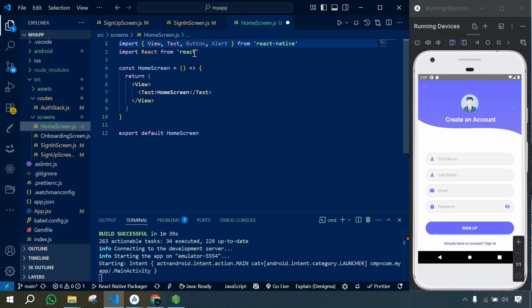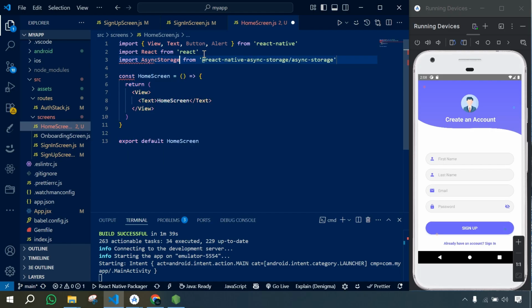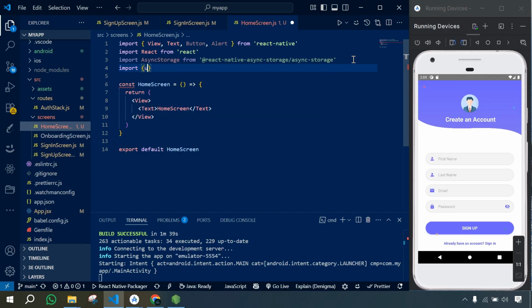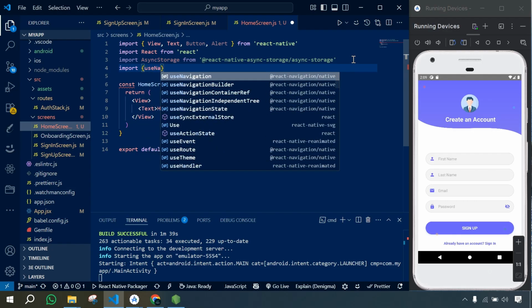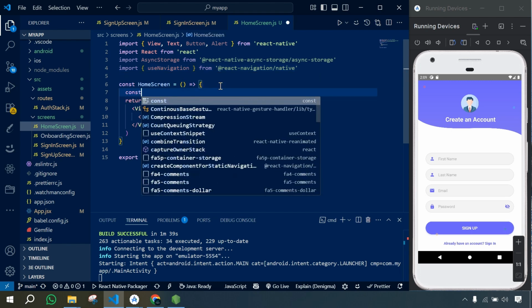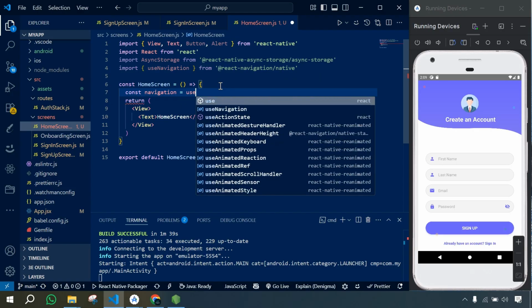To that, here we will import our async storage from react-native async storage, and then we will use useNavigation from react-navigation/native. Then here we will use const navigation equal useNavigation,